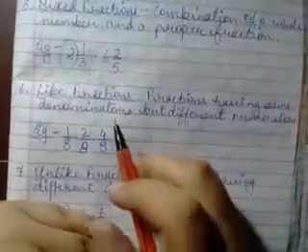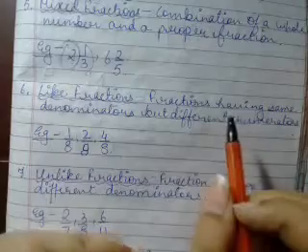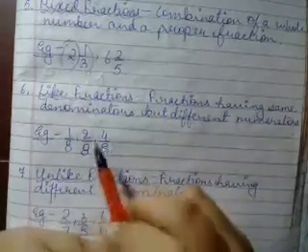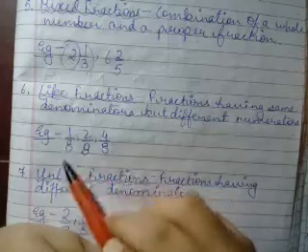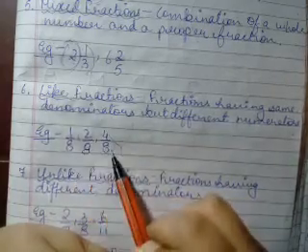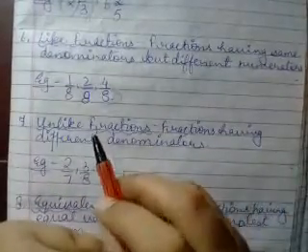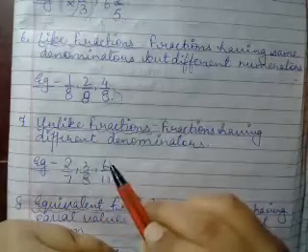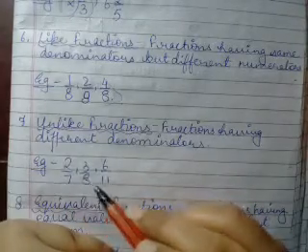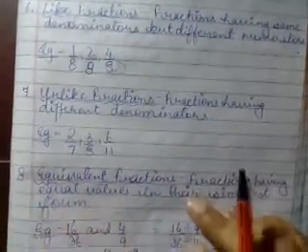Sixth one, you have like fractions. Like fractions have the same denominators but different numerators. For example, 1 upon 8, 2 upon 8, 4 upon 8, all the denominators are the same, 8, 8 and 8. So such fractions are called like fractions. Unlike fractions are fractions having different denominators. For example, 2 upon 7, 3 upon 8, 6 upon 11. All the denominators are different. Such fractions are called unlike fractions.